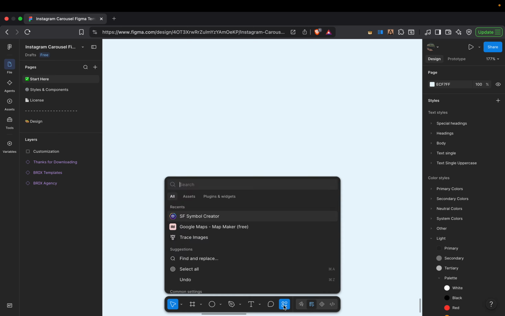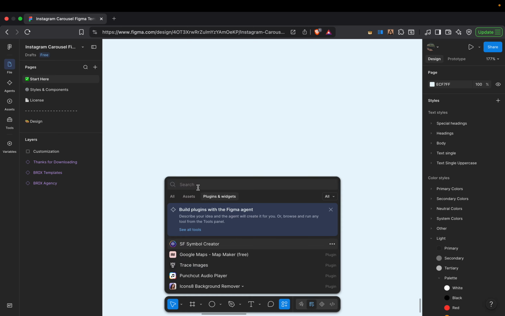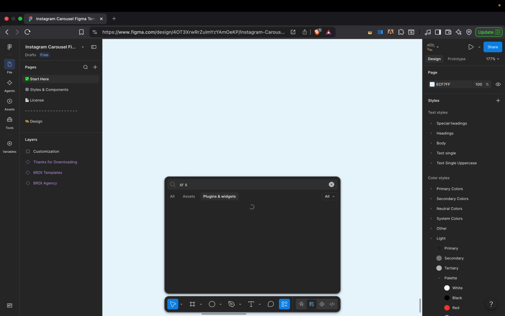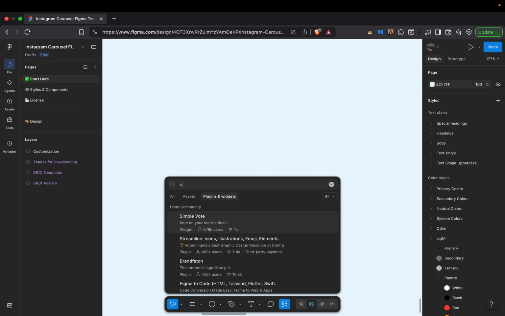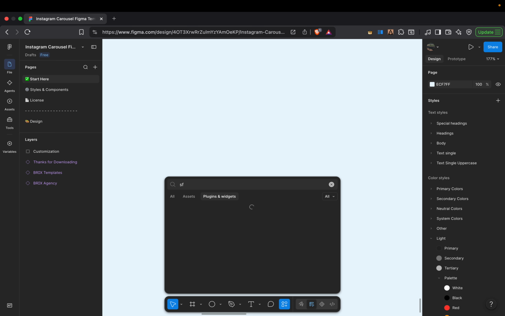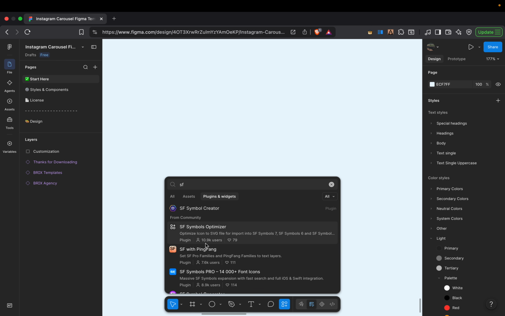For this, first of all you go to Actions, then Plugins and Widgets, and in the Plugins and Widgets you simply search SF symbols. Sorry, not SR, it's SF. Okay, then here you see there is one